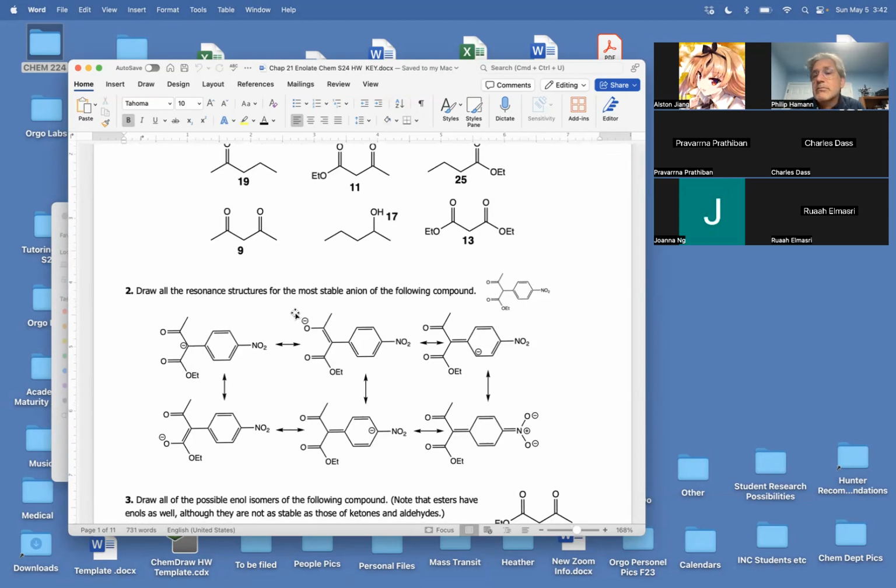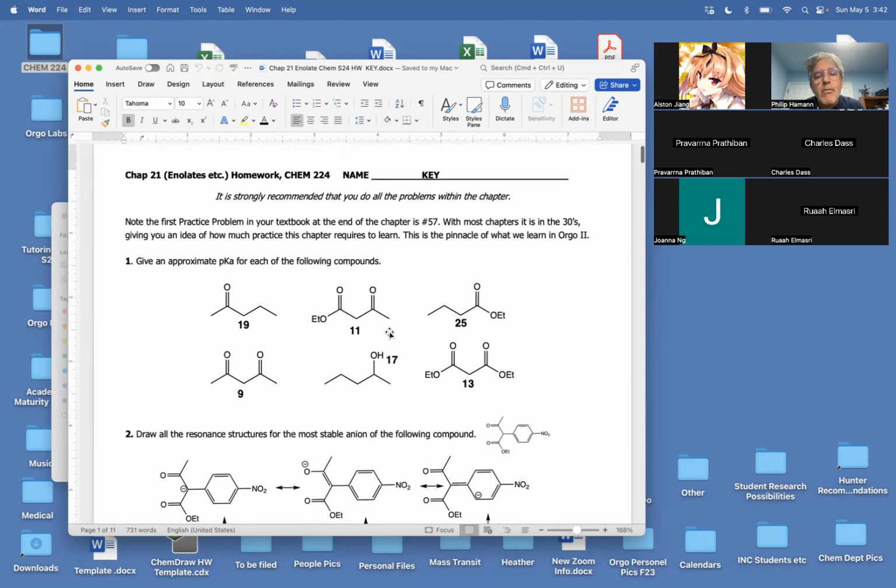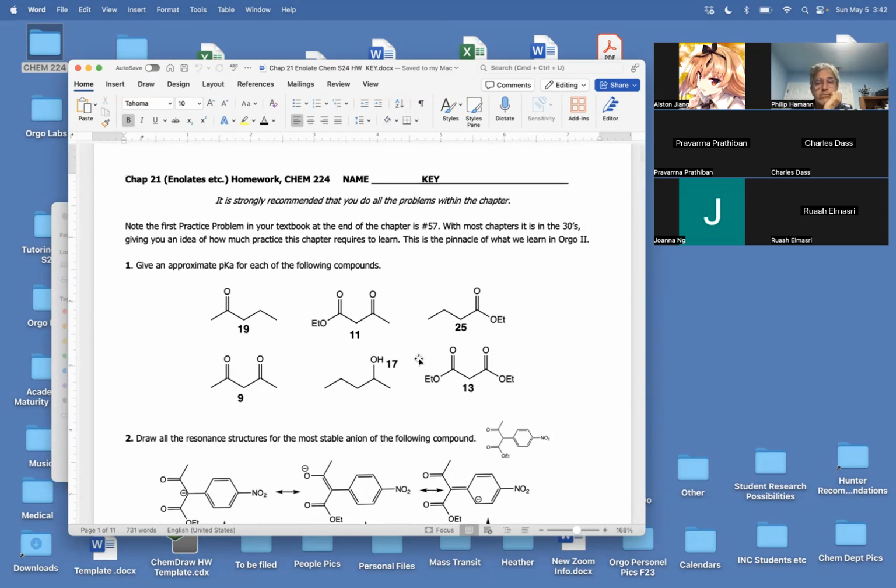Professor, can you actually explain one more time why the diketone and the diester and the ketoester are more acidic than the alcohol? Well, just think of what an ester enolate is. You've got a double bond between the two carbons and an oxygen with a negative charge. It's not that different. In fact, because of the double bond, when you have the oxygen with a negative charge, you have sp2 carbons, you might guess that an enolate is